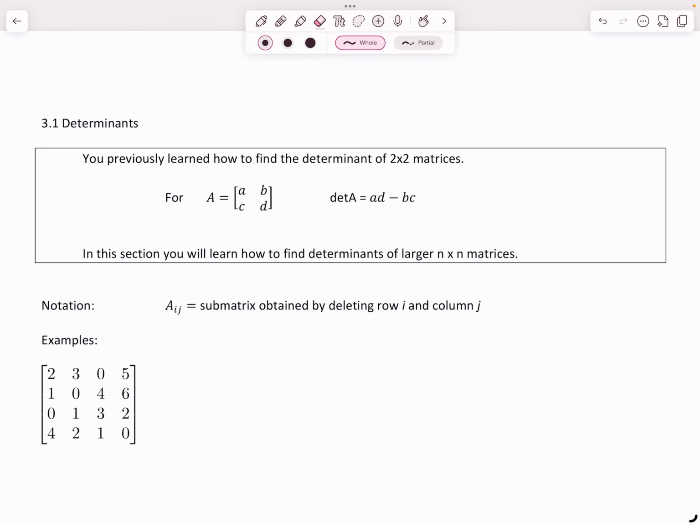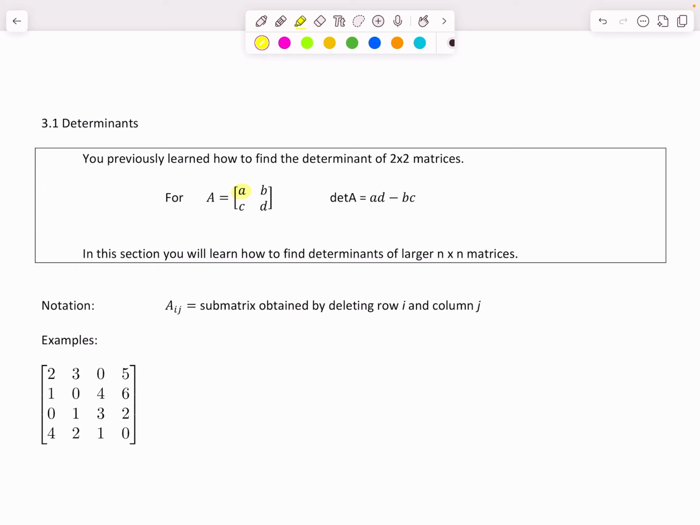Okay, this is 3.1. This is your video lecture. In the middle of it, I'm going to ask you to pause and do a quick problem. So here we go. In 3.1, you previously learned how to find the determinant of 2 by 2 matrices, and